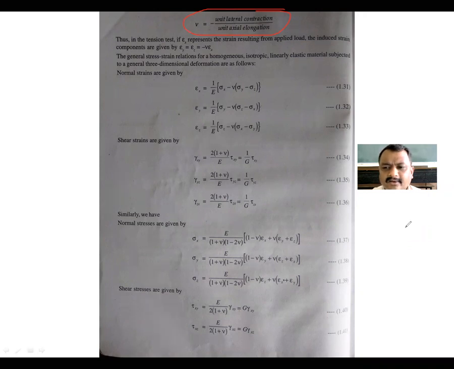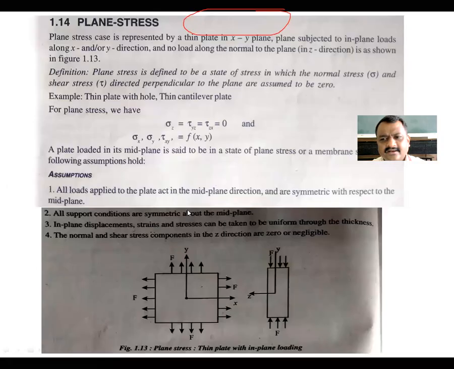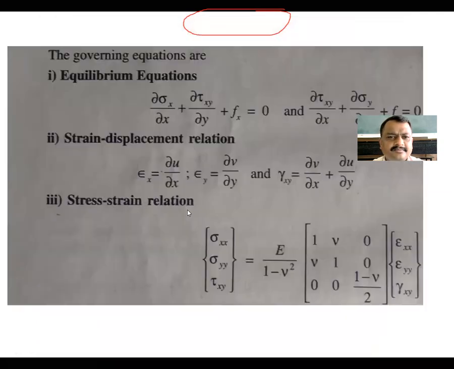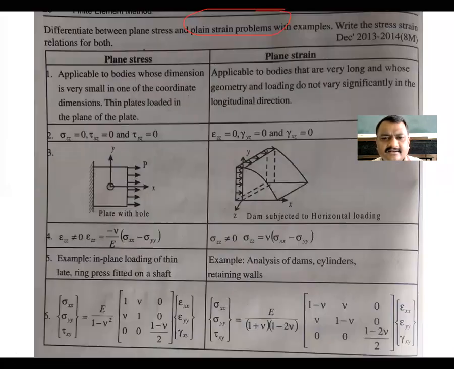The meeting will be going to end in a minute. So we'll continue this in the next class and go ahead with a few more topics. Next you have plane stress and plane strain conditions. This is stress strain relations. Plane stress and plane strain are a common 5 marks question. So all these things you can write as notes and keep aside whenever you are starting with the class, right? So difference